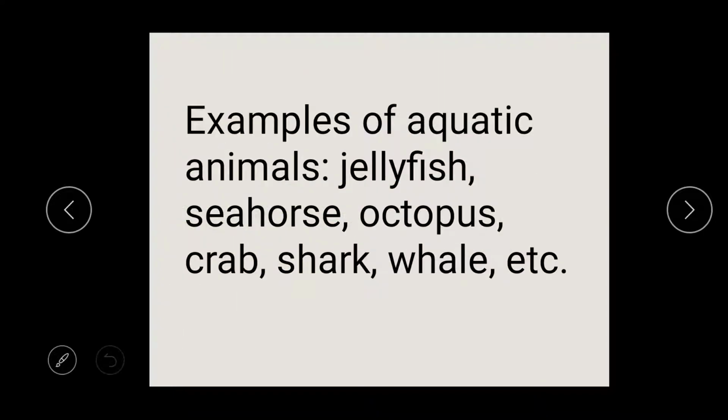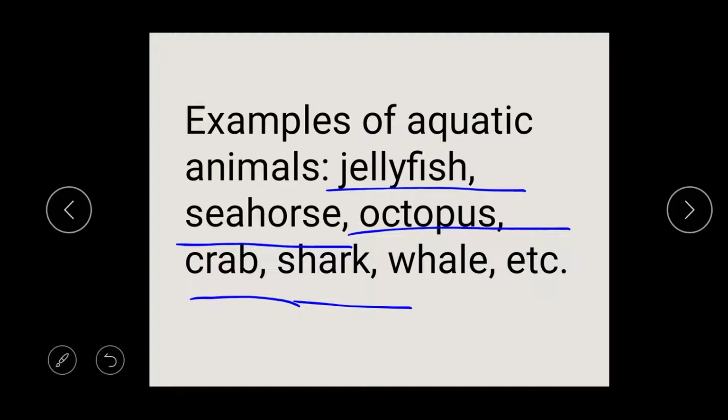So examples of animals that live in the aquatic habitat are jellyfish, seahorse, octopus, crab, shark, whale, etc. These are animals that feel so comfortable and safe, that they get their food, they get water, they get all that they need in the aquatic environment or the aquatic habitat.